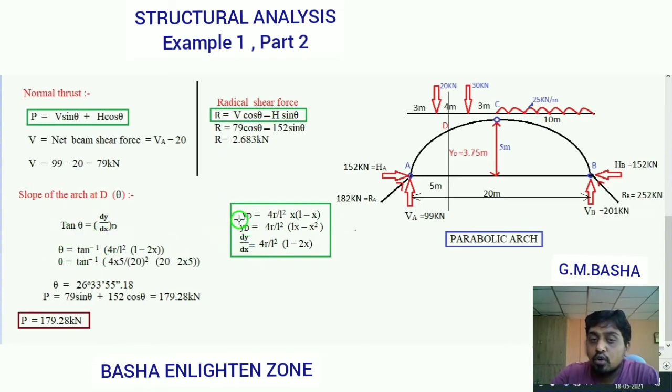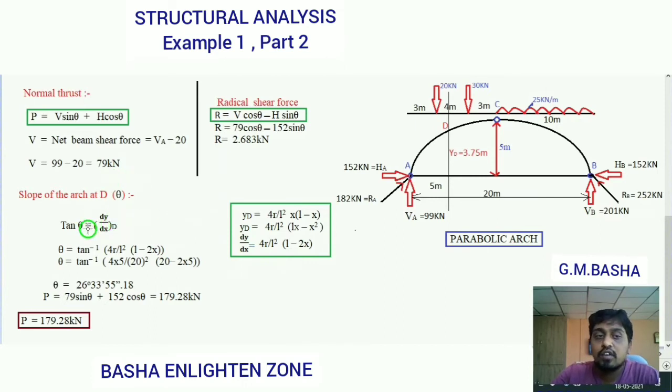So I want to differentiate this y with respect to x, dy by dx. That will be equal to 4R by L square. If I apply differentiation to the x terms, for Lx you will get L, and differentiation of x square gives 2x. So totally, after differentiating with respect to x, you will get 4R by L square into (L minus 2x). So take down wherever dy by dx here directly.